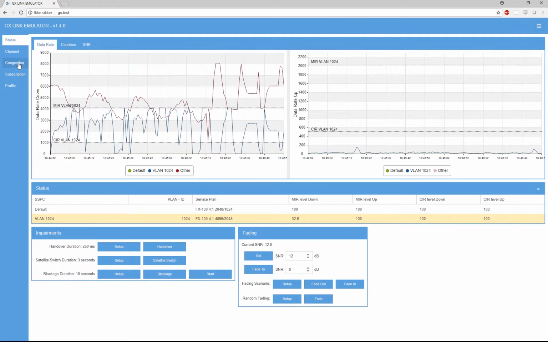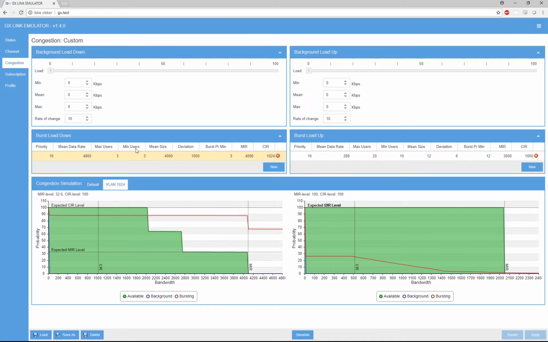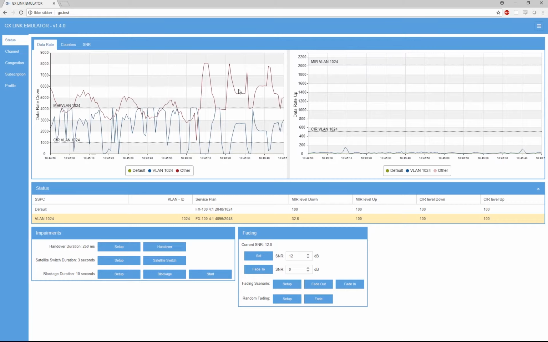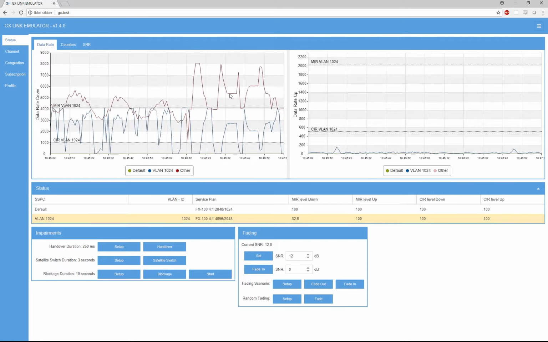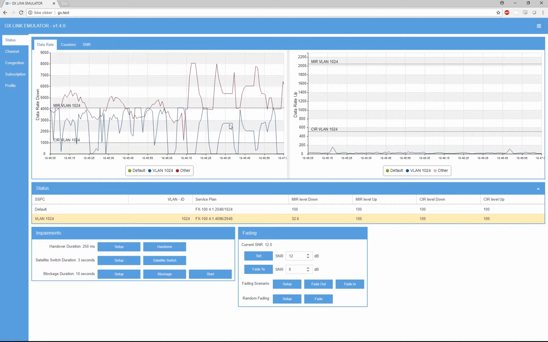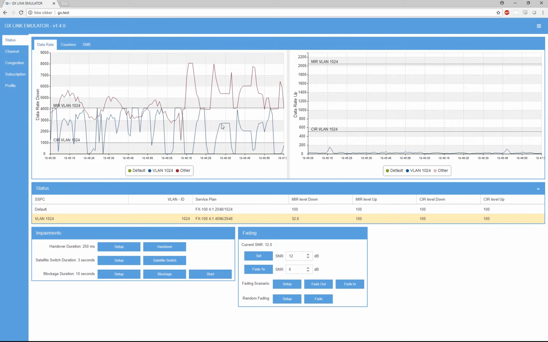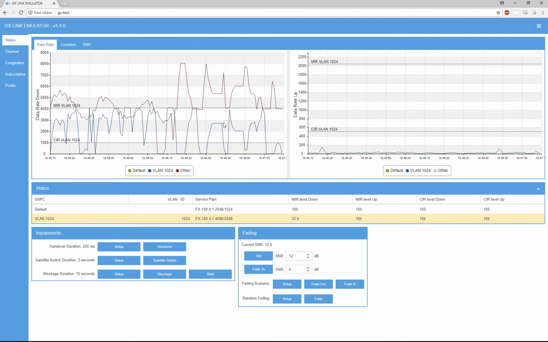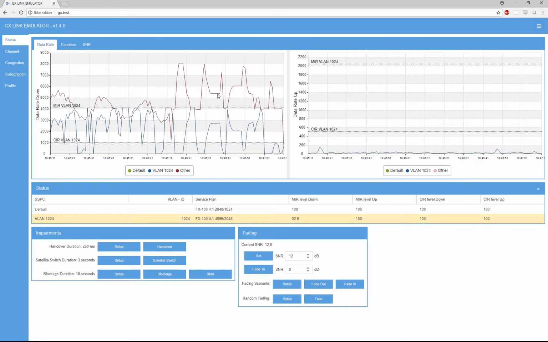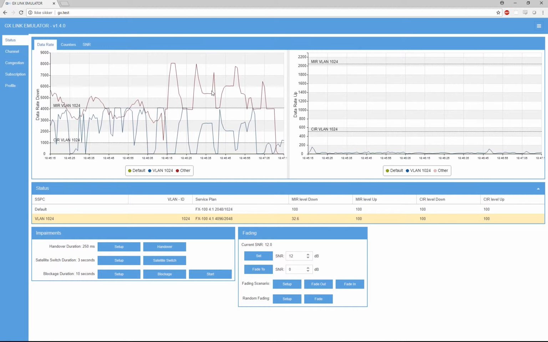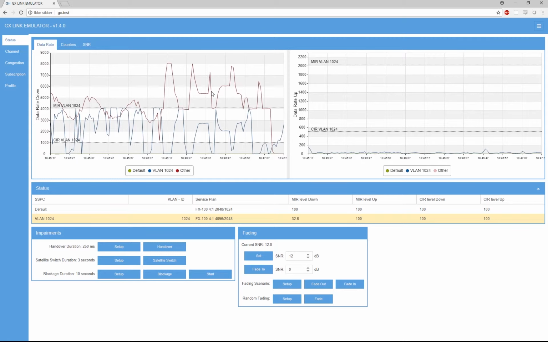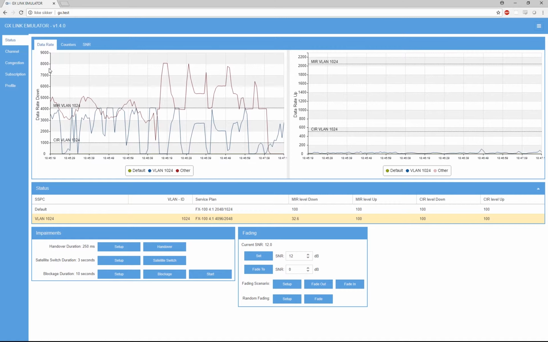We remember that we have at most 3 users. So at this point in time, this is probably 2 users bursting and our users, so they will have to share. So our users get just below 3 megabit, and the 2 burst users will get just below 6 megabits, and in total that is 8 megabits.